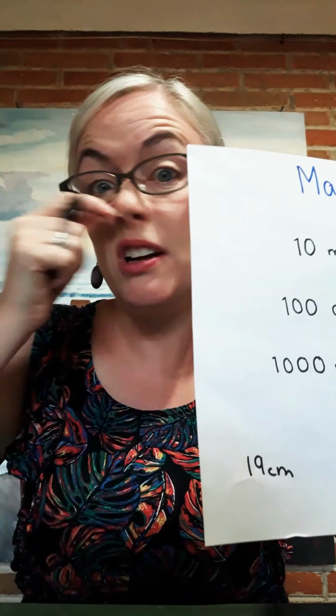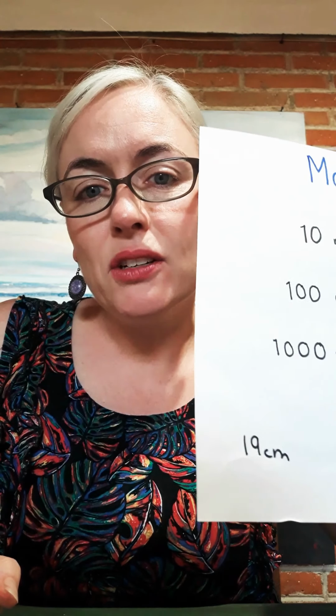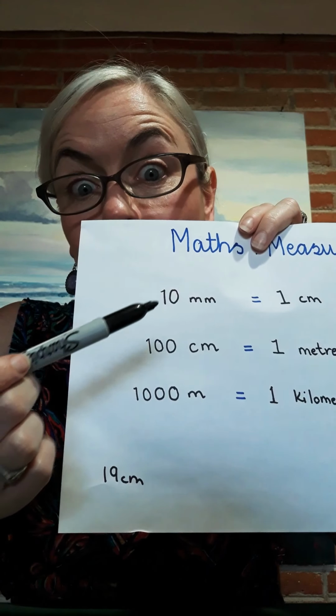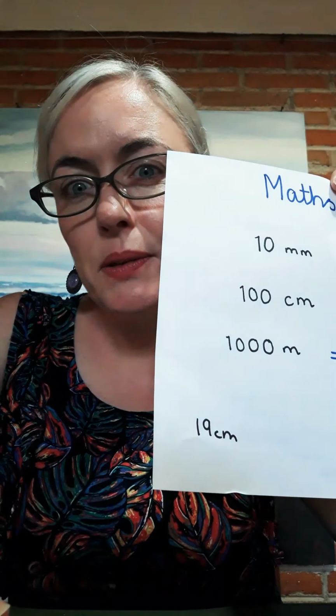Now, I've also put a little challenge on the worksheet, on the page for the work today. And that challenge is, what do you think that would be in millimeters? If it's 19 centimeters and there's 10 millimeters in 1 centimeter, what do you think it would be in millimeters? Well, an easy way to do that is I'll just multiply it by 10. And when we multiply by 10, all we do is add a 0. Do you remember? So it would be 190